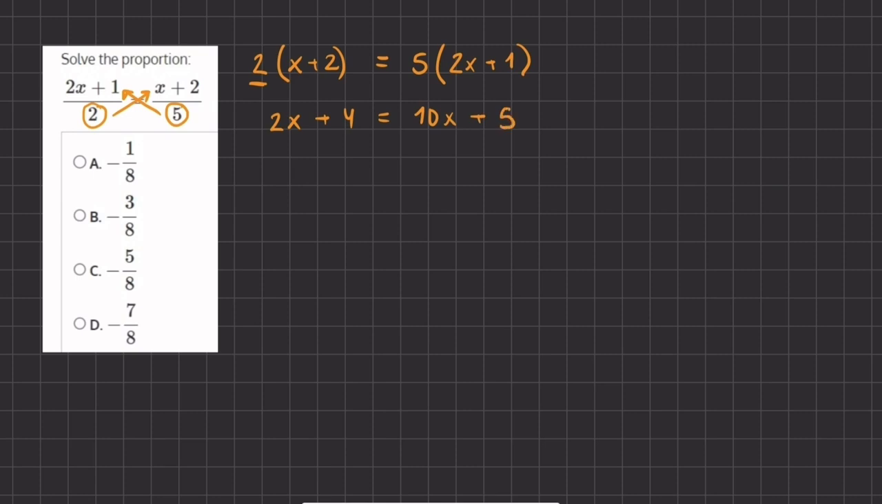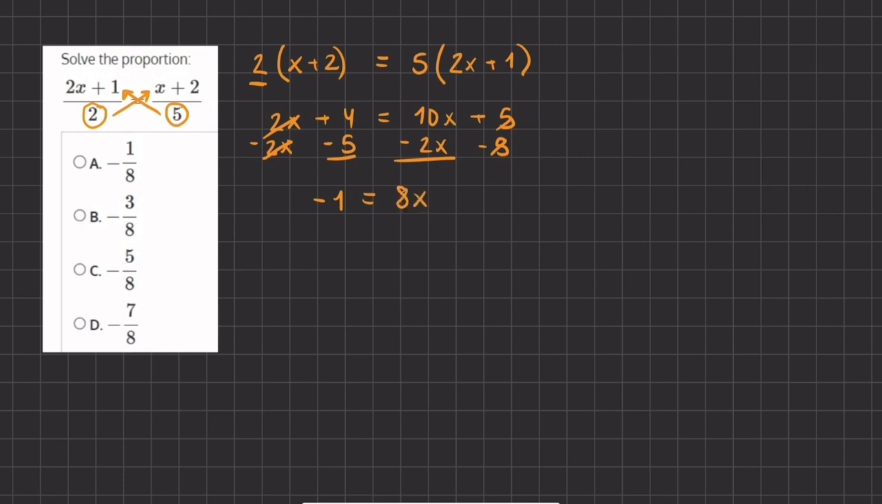Alright, so now we are going to combine like terms. We are going to add up all the variables together. So these are our two variables. This will cancel out. And we are going to add all of our constants together. So we have 4 minus 5, which gives us negative 1, equals 10x minus 2x, which gives us a positive